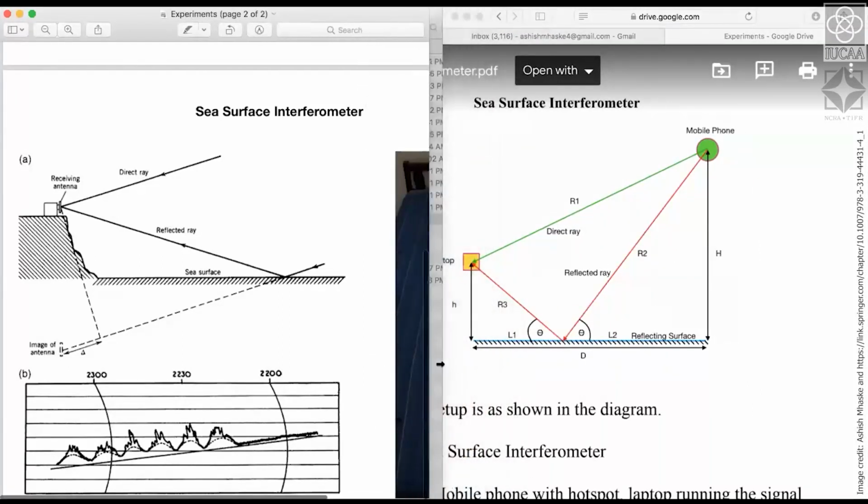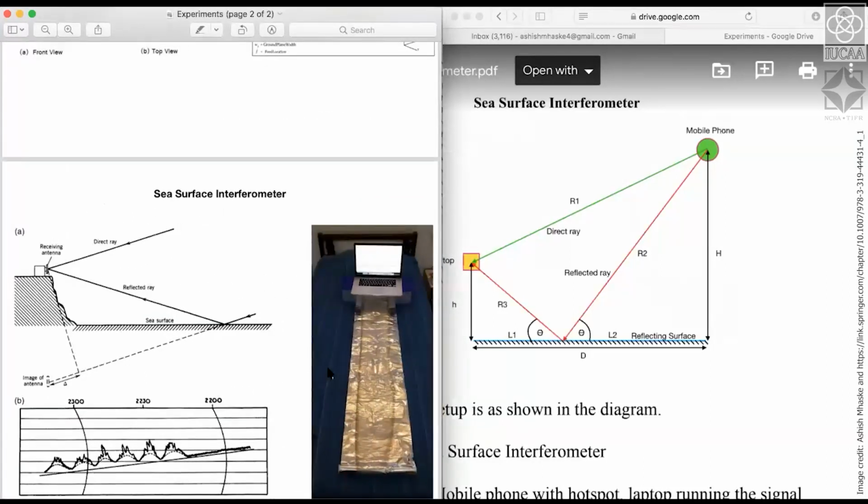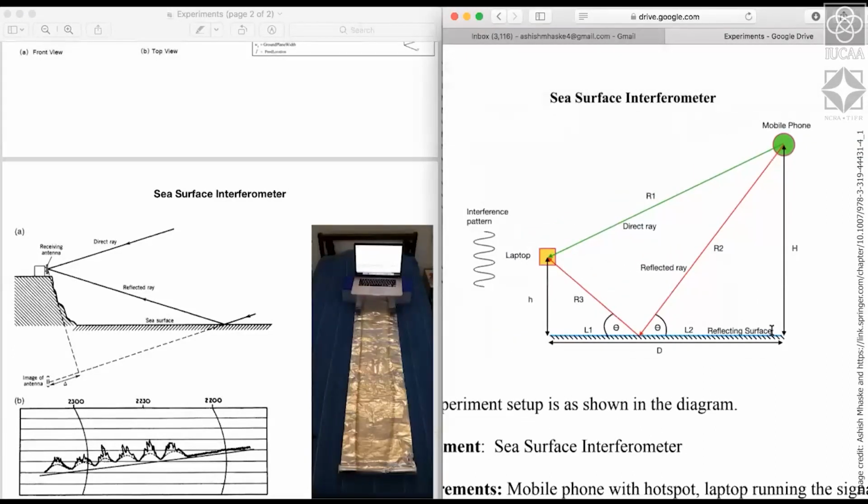If you could go to that, yeah, right. So this will make your life easy in terms of calculation. Imagine that this mobile phone has an image downward here, exactly the same distance, h, below the surface. And that would basically give you an easy geometry to work with for finding the path differences, after, of course, accounting for this extra pi phase shift due to the reflection.